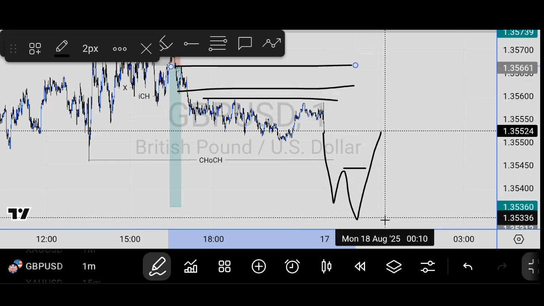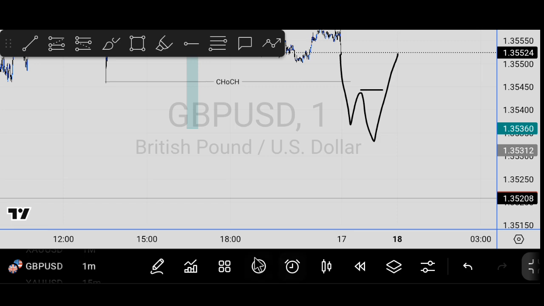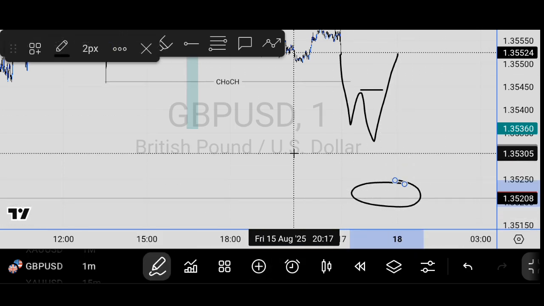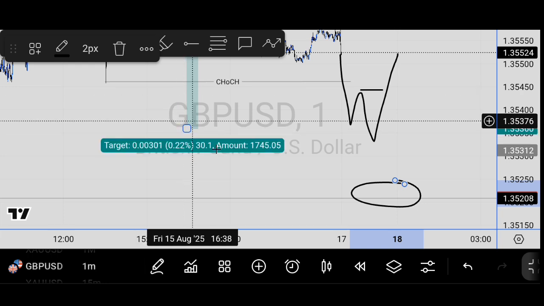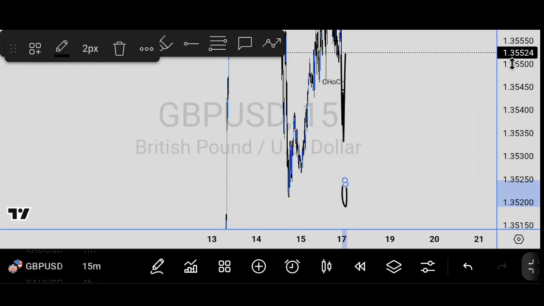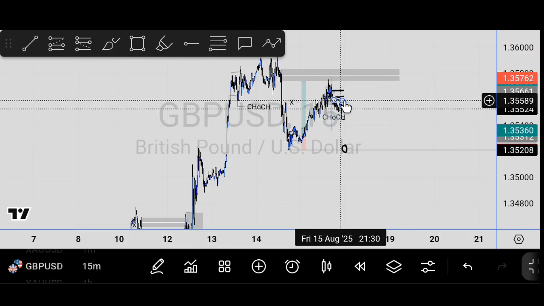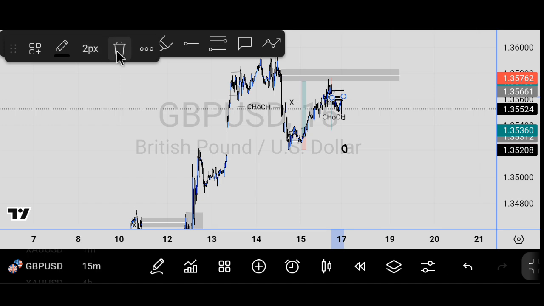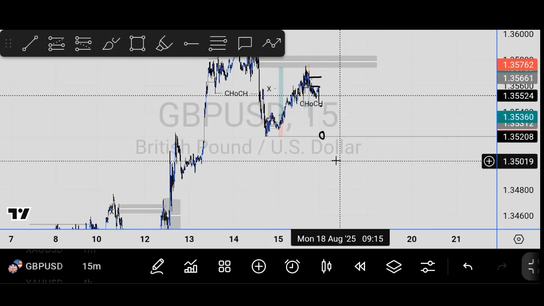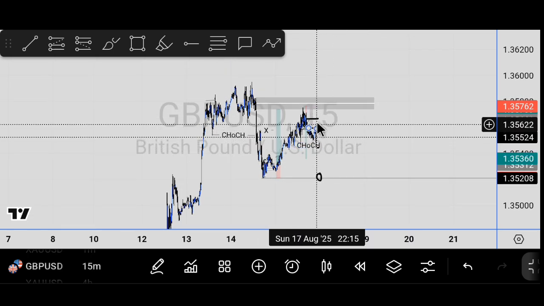You understand? And then go lower to this 15 minutes zone right there. So back on the 15 minutes, like I said, we are expecting price to keep dropping. You understand? So now, after breaking, if price breaks this low, there's probability that price can fail and go and